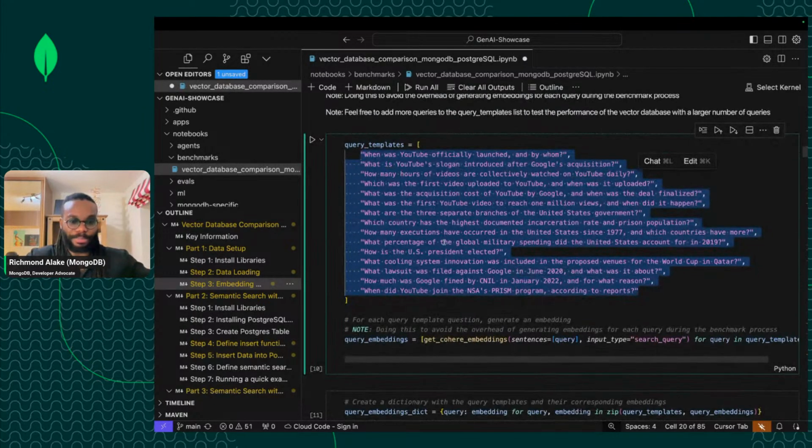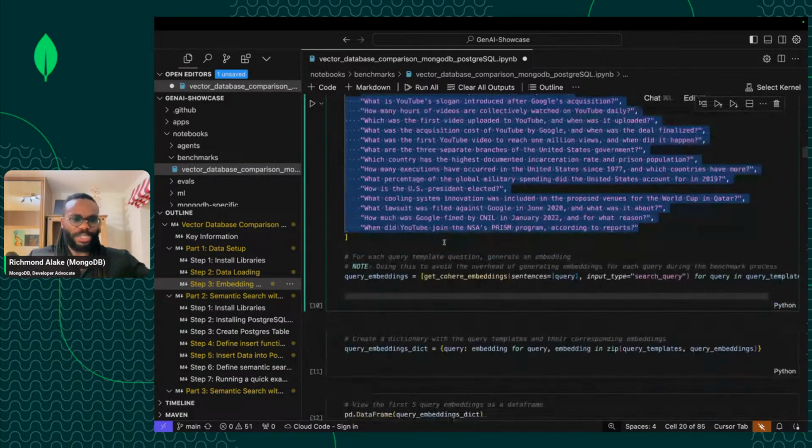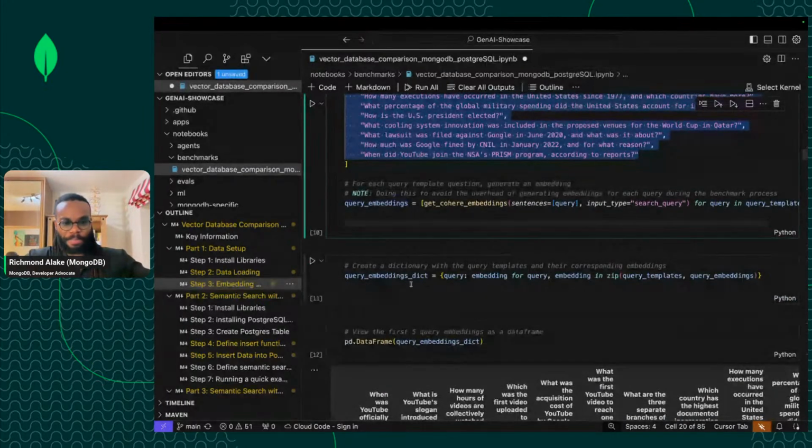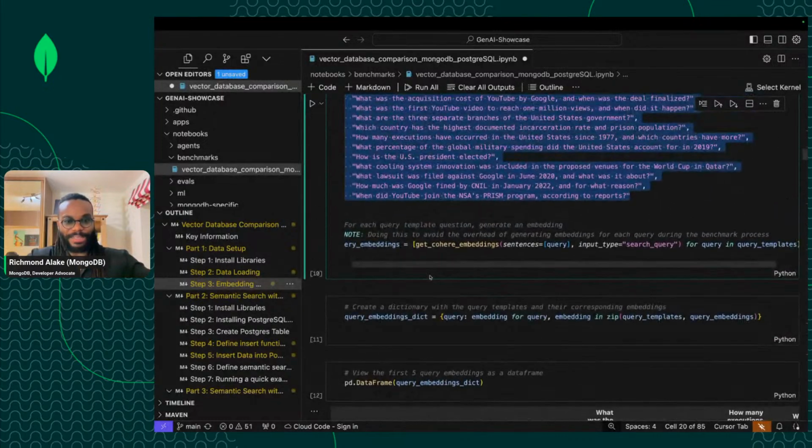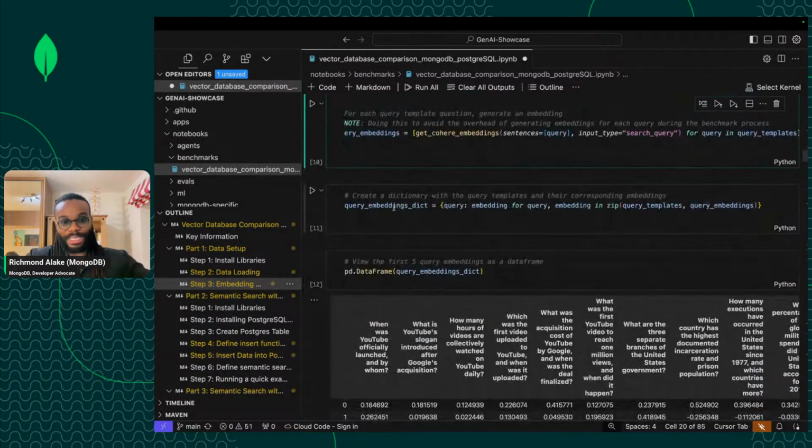Once you generate this embedding, what I'm doing here is storing it within a variable and using the embeddings for these queries as the query vectors. So I don't have to keep re-embedding every time for each of the queries, because if we're looking at 100 queries per thread, that would be 100 embeddings we have to generate, which is way too much. So we store the embeddings and then we just utilize them within the functions